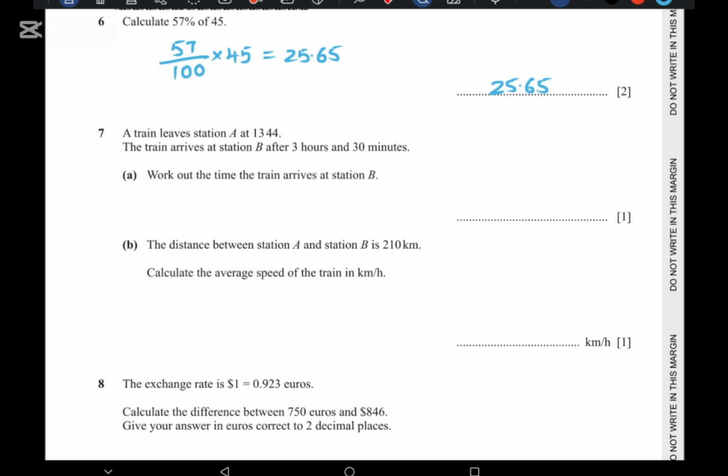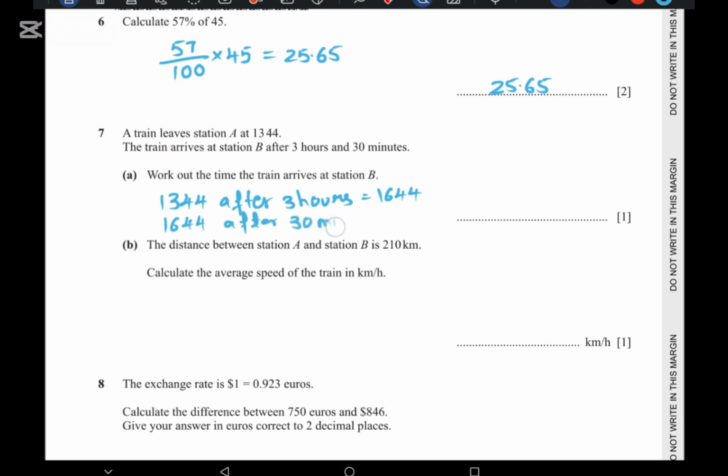So now here we have to find the time when the train has arrived. The starting time is given, and the duration is given. This is the starting time, this is the duration. So what we have to do is just find the arriving time by taking 13:44, 3 hours later. 13:44 after 3 hours will be, after 13, 14, 15, 16, 16:44. Then 30 minutes is still left, so 16:44 after